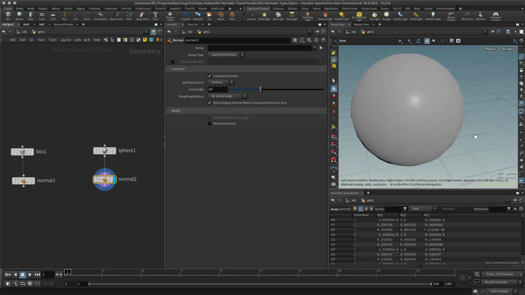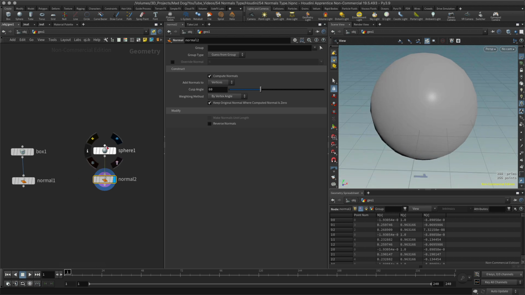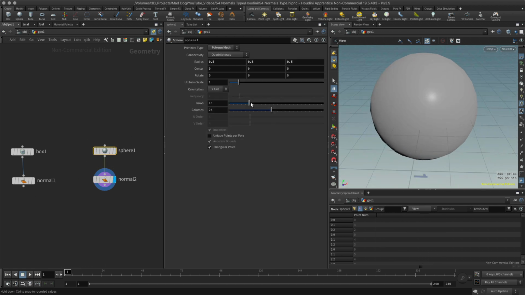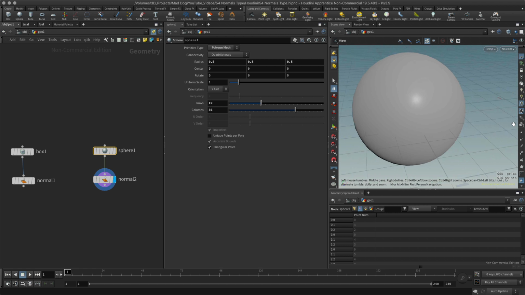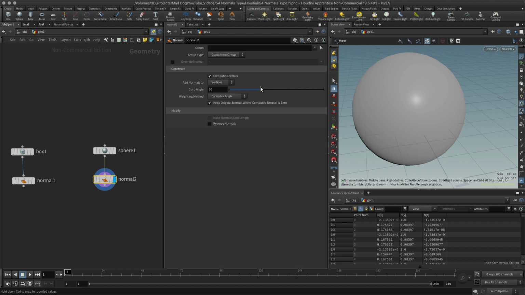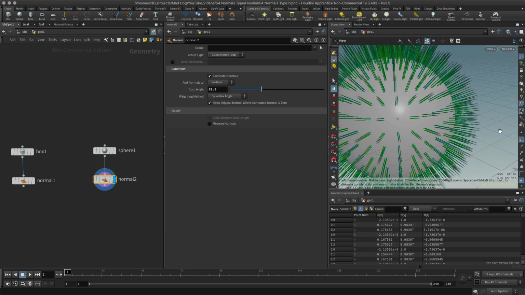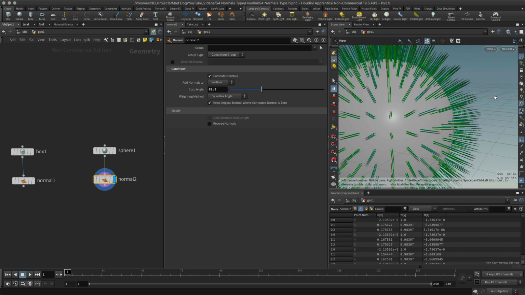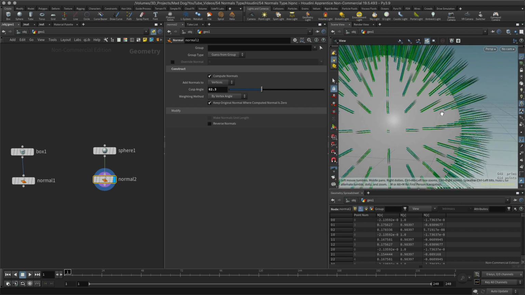All right, and I can see it looks a little bit lumpy, and that's down to a resolution issue, so I need to add more resolution to this. Let's add a bit more here and here, make it a little bit smoother. All right, so it's a lot more smooth now. But what happens when I take these normals, and this time if I increase them I shouldn't get any difference, but if I decrease them, remember that the normals are pointing here, and we're trying to get less than this angle here, which will be, I don't know, not much, maybe 10 degrees or something, just right. So I go down,